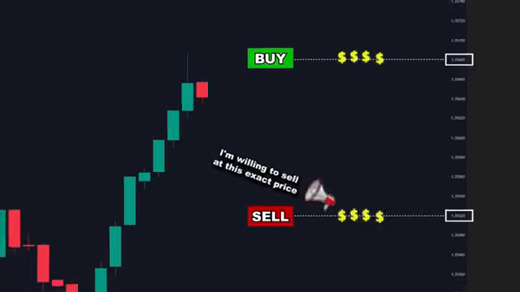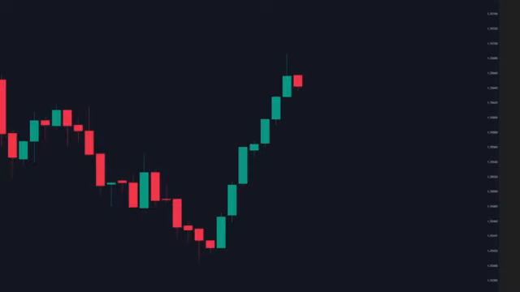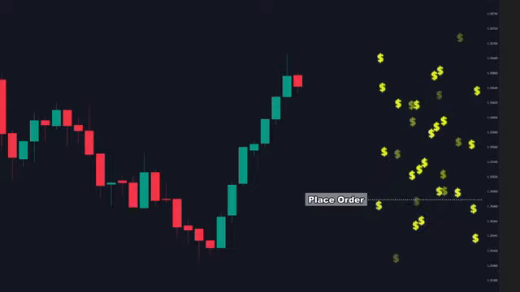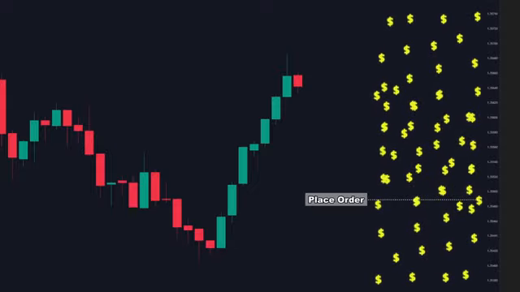Now, here's where it gets really interesting, and this is something that separates retail traders from institutional players. When you and I want to enter a position, we can pretty much enter whenever we want. Since we're not dealing with hundreds of millions of dollars, there will always be enough counterparties to fill our orders at the price we want.